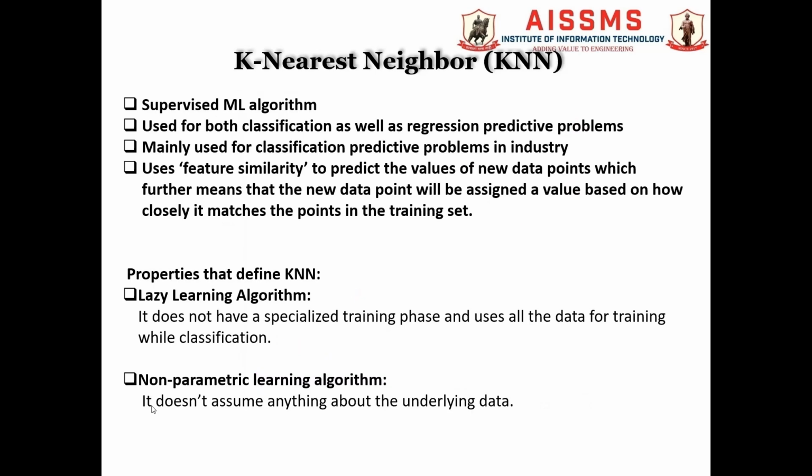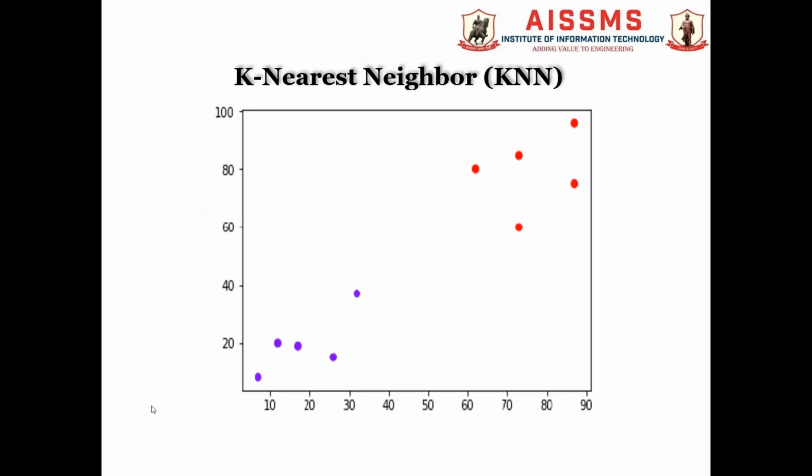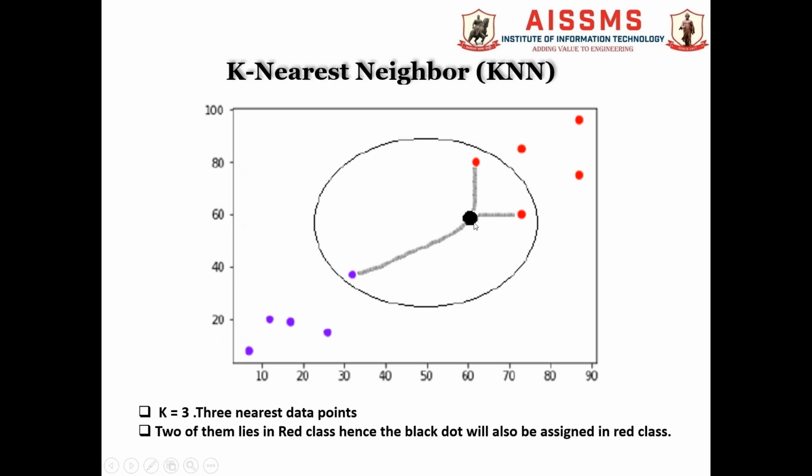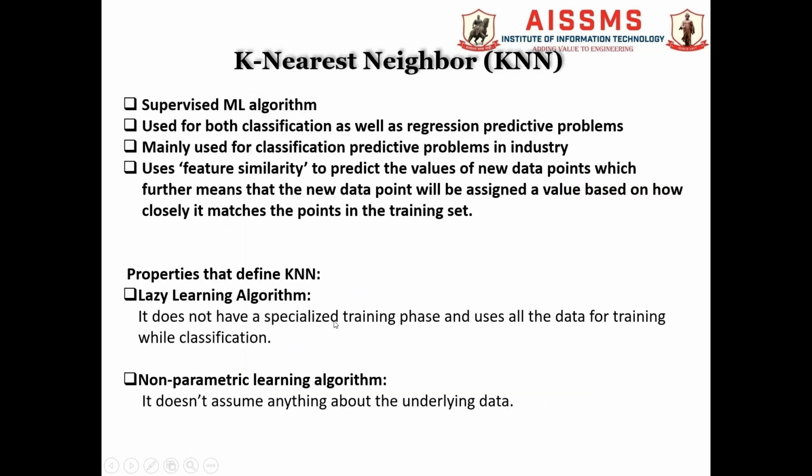As we have seen, it uses feature similarity to predict the value of a new data point. Now in this feature space, consider that this black data point is a new data point which we have to categorize as either in the red category or in this blue category. What this algorithm will do is find the measure of similarity. How will it be calculated? Based on the Euclidean distance or Manhattan distance. The new data point will be assigned a value based on how closely it matches the points in the training